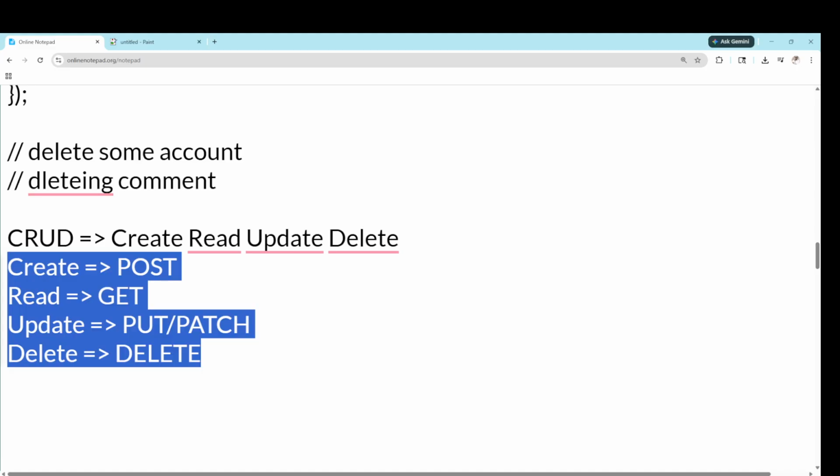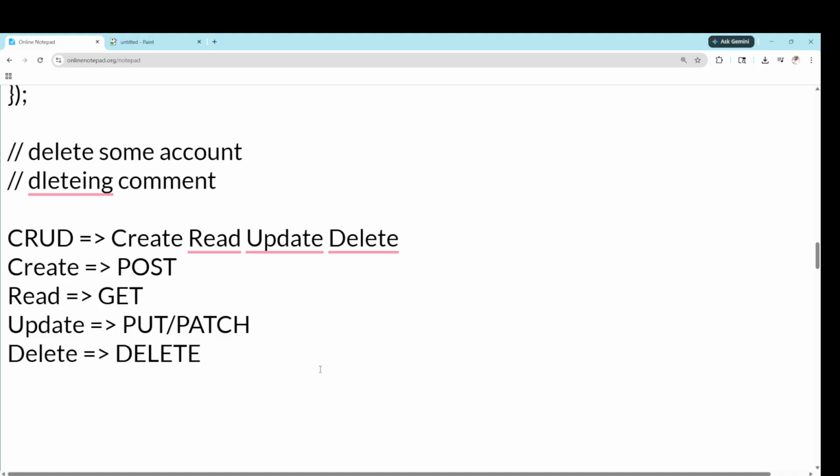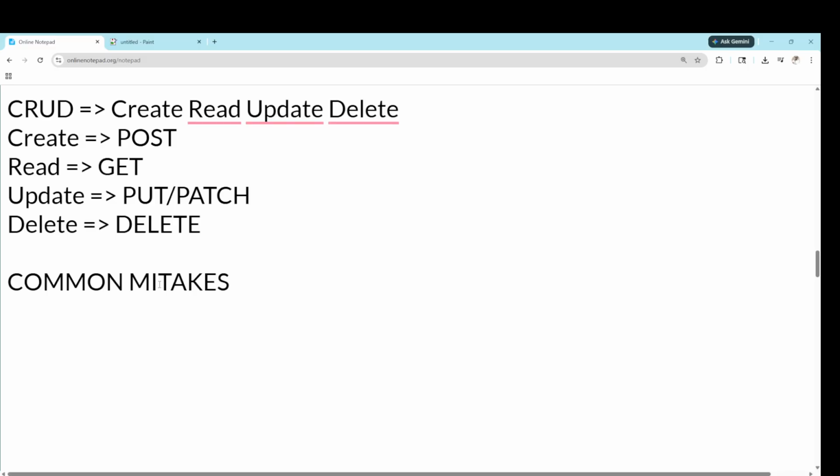Apart from that, we can see some common mistakes, as I always tell in my videos. What are the common mistakes developers usually make when they use HTTP methods?